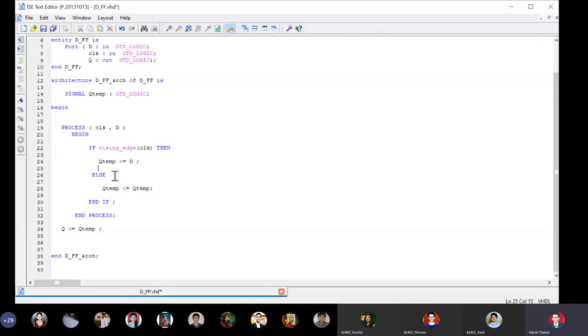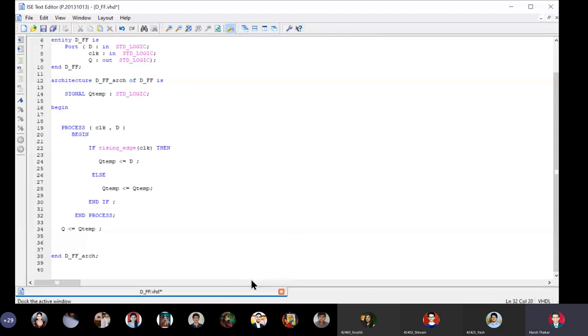So else here means clock equal to 1, clock equal to 0, as well as falling edge. Then I say end if, end process, and after coming outside the process and before exiting the architecture, I assign the value of dummy signal Q temp to Q. It was our VHDL model for this.